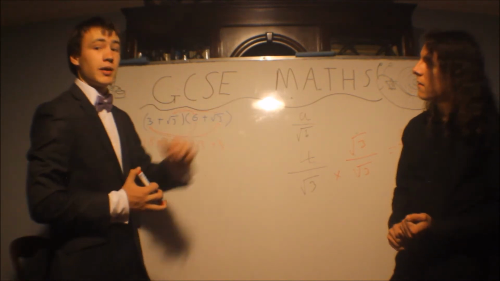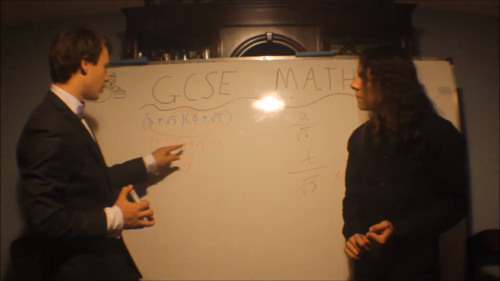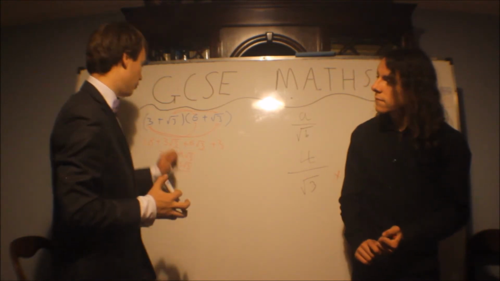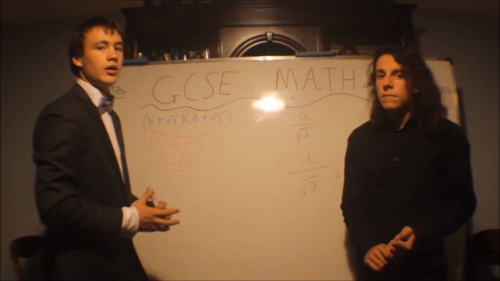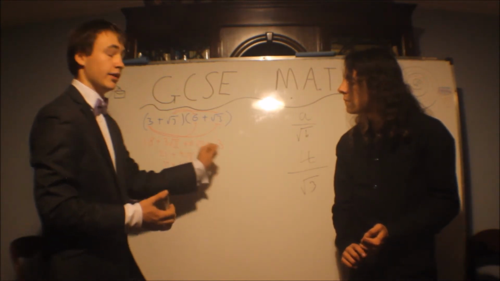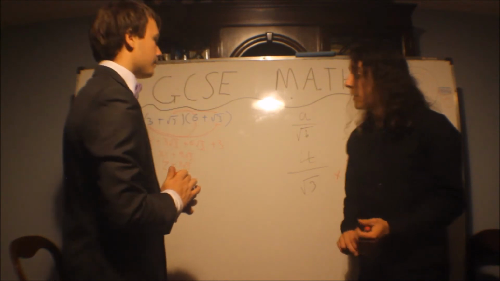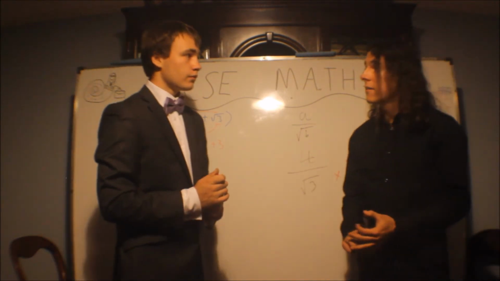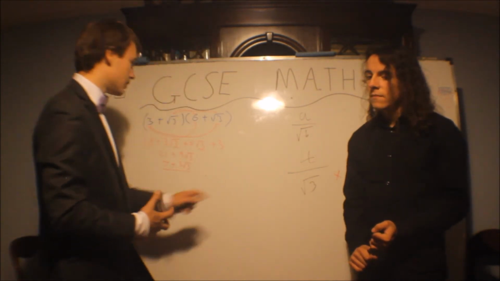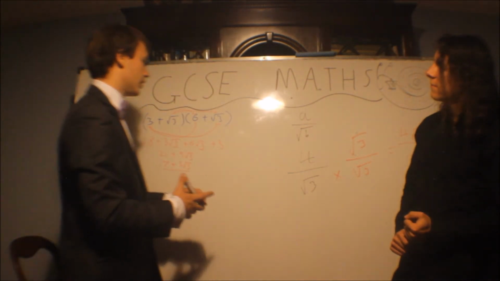And that's expanding the brackets. It's worth mentioning you can only add these if the root is the same. You can't add 3 root 3 plus 6 root 2, that doesn't work. And there's no rules, you can't add what's in there. You have to leave it as it is, which is okay, because root 3 and surds are normal things to work with. And then you can combine that with this by having something like